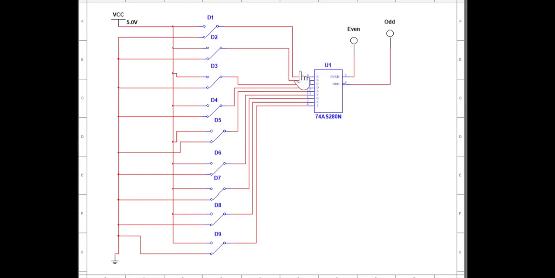So this is your 74280, and these are my 8 data bits and 1 parity bit, depending on whether you are generating the parity or checking the parity. First we'll see the parity generation. So I keep all the data bits as 1. My upper part of the switch is connected to the power supply and the lower part is connected to the ground. Now all are 1s, that means you are having an odd number of 1s. So when you are having an odd number of 1s, your even parity should be 1 and odd parity should be 0.